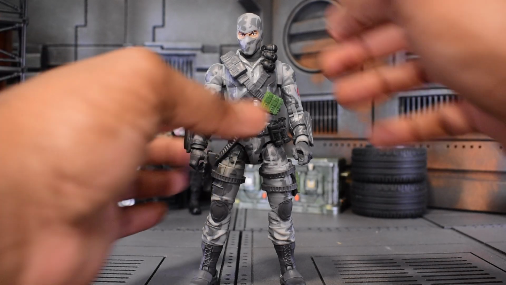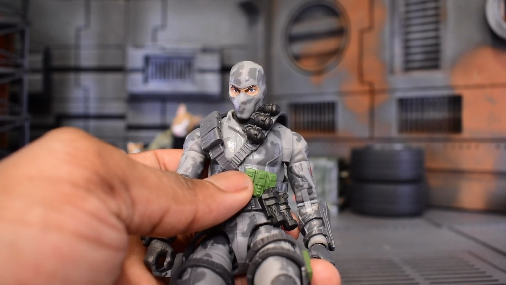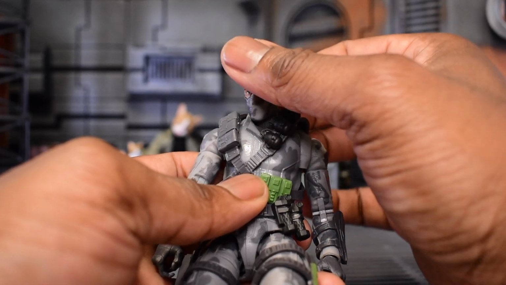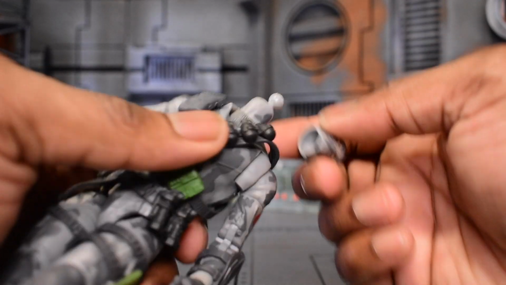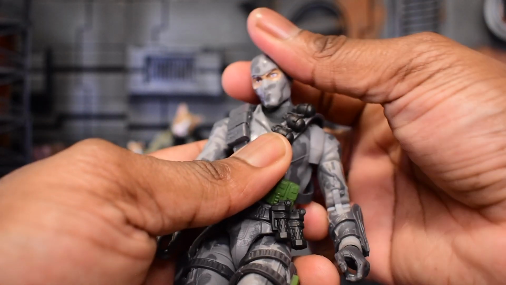Now, in terms of our look, we actually have a slightly new sculpt that is different from our original one. When we get to the comparison between the two, I'll show you. This one also uses a larger ball joint here in our neck. So when you go to swap the heads, you're going to need some sticky tack if you want to pop that old head on. As you can see here with our movement,